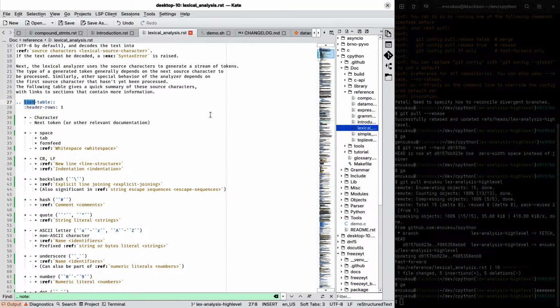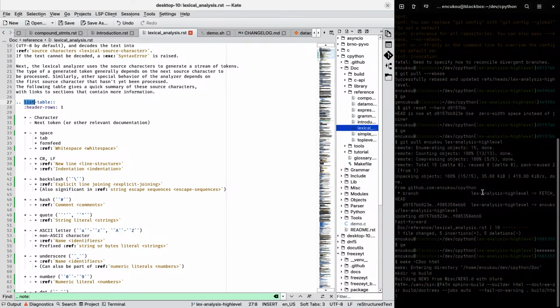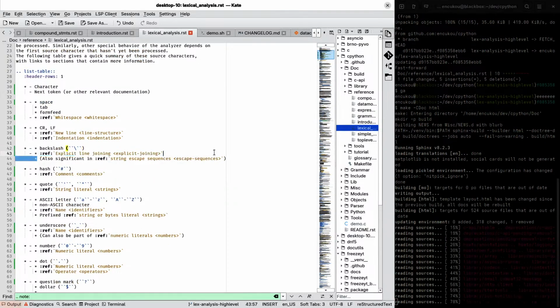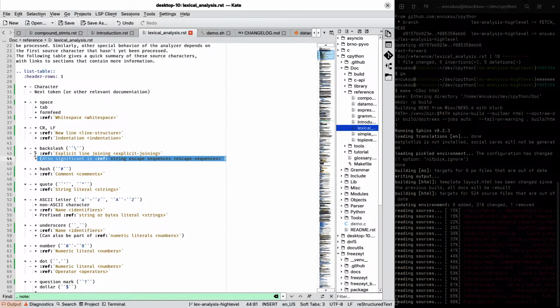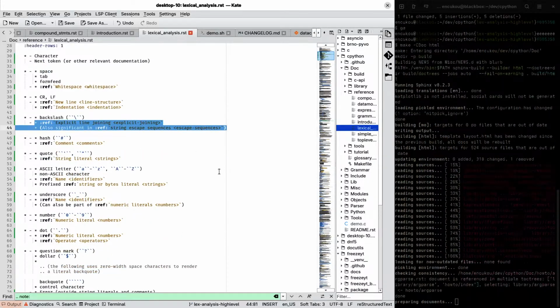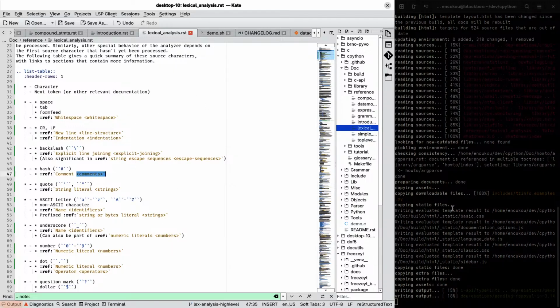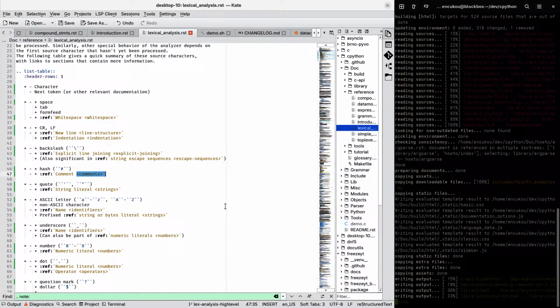So I always like to use this list table syntax, because then I can word wrap the individual cells. When something changes, I don't need to reformat the columns of the whole table.